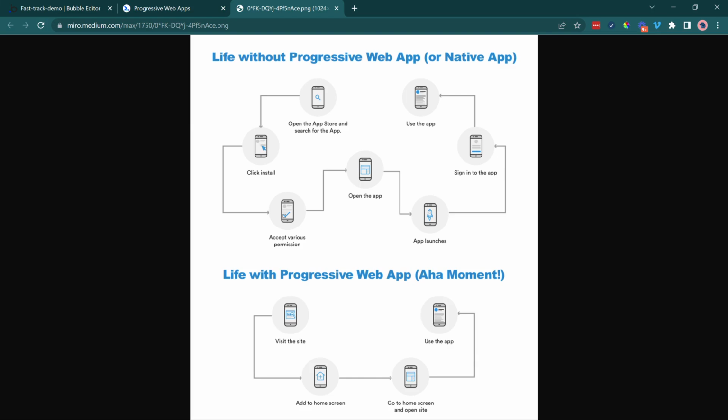So with a native application, you go to the App Store, you search for the application, you install it. Oftentimes you'll have to accept a few different permissions so that the application can get access to various things on your device: your location, your camera, contacts, calendars, all of those things, depending on what the app needs. You'll accept those. Then you'll finally open up the application. It'll launch. You can sign into it or create an account, whatever it needs from you,